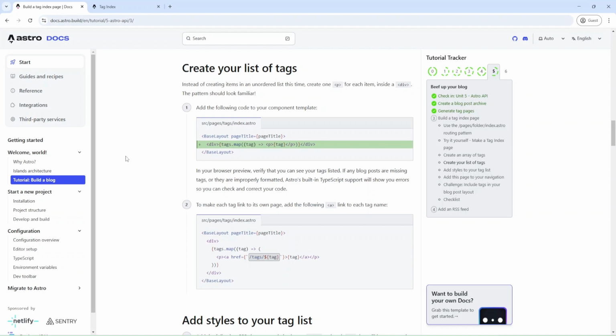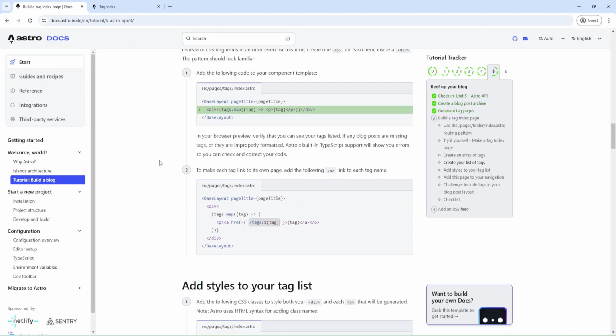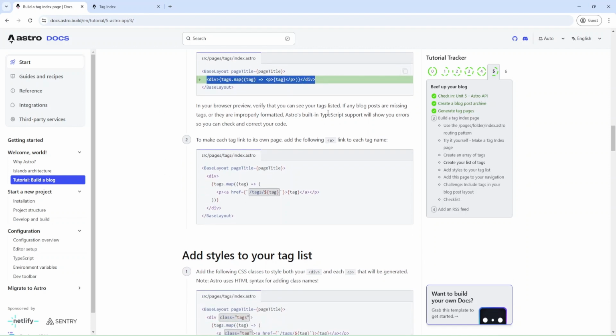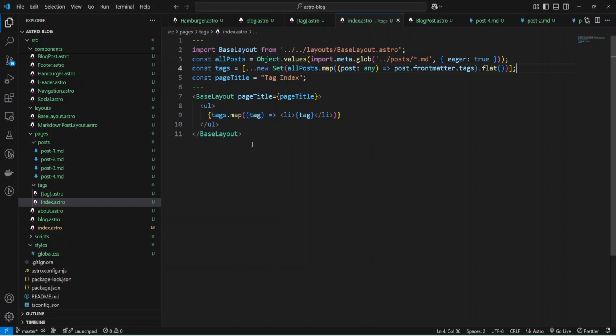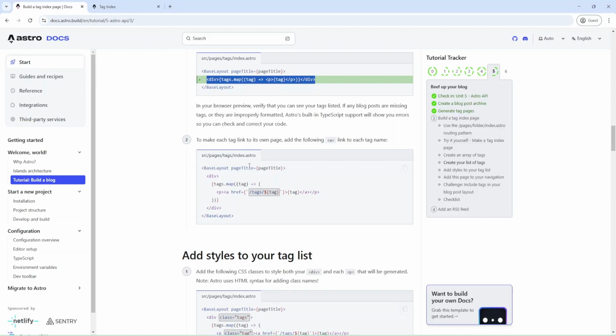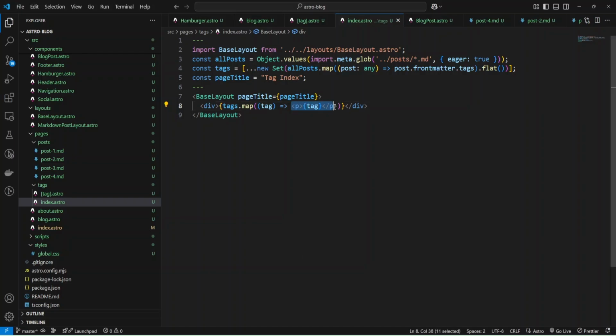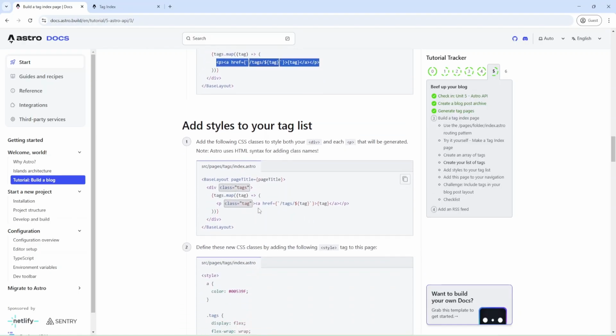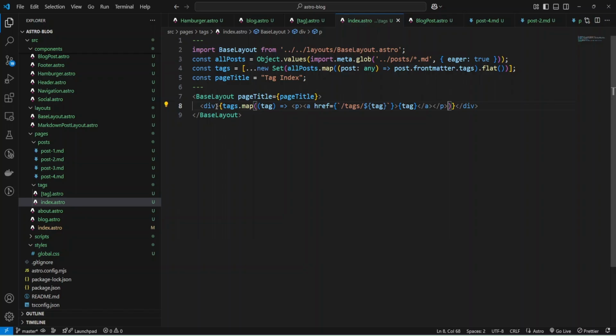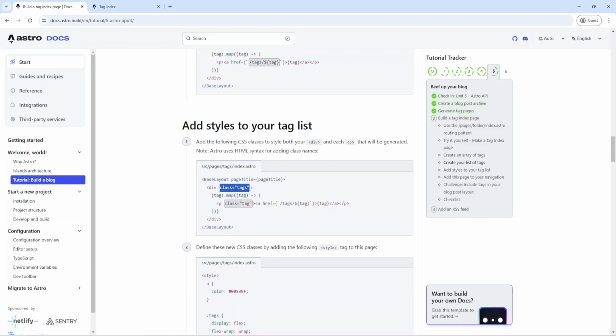Now we can create a list of tags, and I'll just copy this code, and we'll replace the code that we have, and also we'll change paragraph. Okay, and we'll add some classes, and also for paragraph.